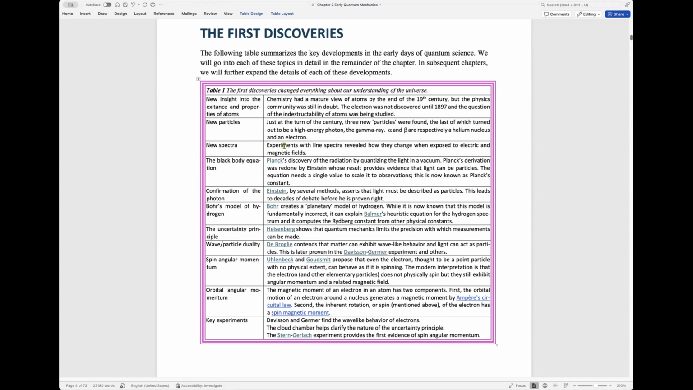But additional interesting details came out of what happens if you do that experiment in the presence of an electric or magnetic field, because then you see something really interesting happen. We'll talk about that. Here's the black body equation that Planck discovered. Einstein